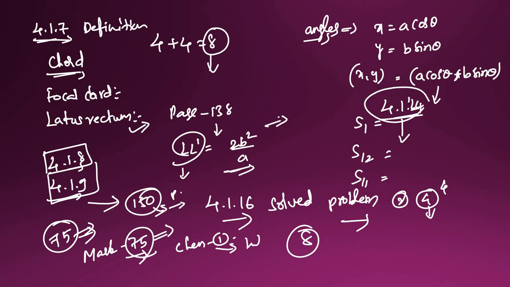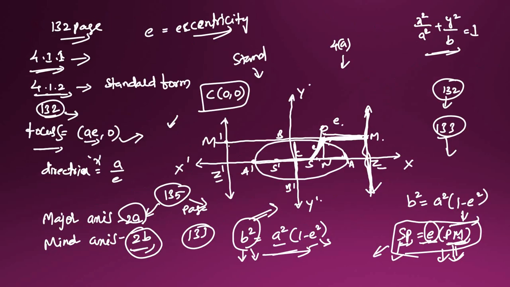Thank you. So we'll start with the first question, section 1. Here I forgot to tell that S is a focus. S is a focus here, so please don't forget this. S is a focus, and P is (x, y), any point on this ellipse. We can take it like that also. So now the first question will start.